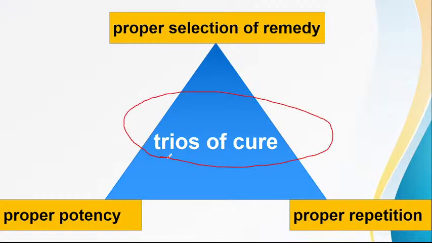While we are treating a patient, the cure depends on three points: the proper selection of the remedy, that is, the exact simillimum of that patient; the proper selection of the potency, that is, once we have selected the simillimum, what should be the potency of that medicine; and the proper repetition, how we are going to repeat that medicine in different pathological indications, different diseases,